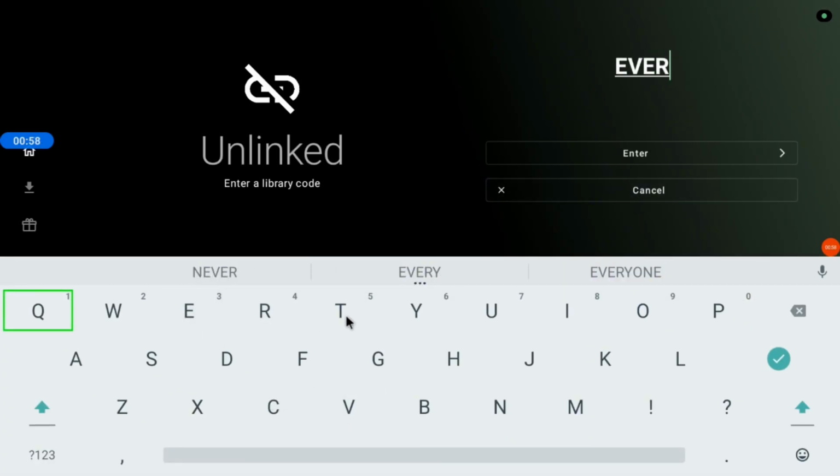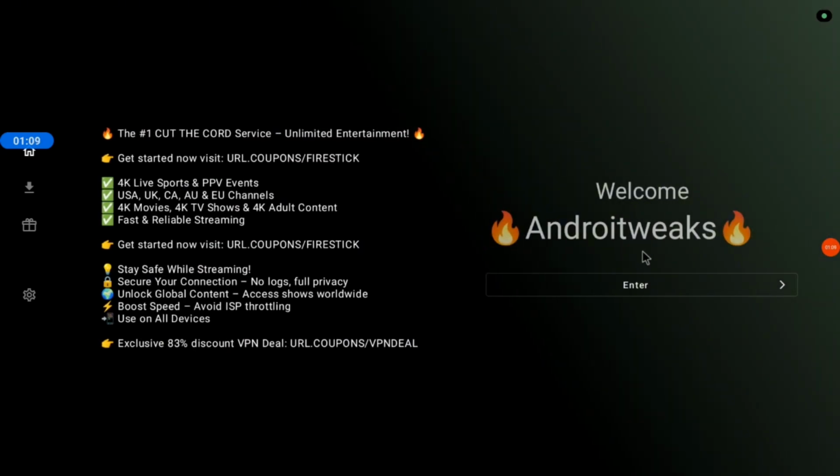everything, no space. Type it exactly as you see, and when you've typed it, hit the enter button. Now when you click enter, you find this welcome page where you hit enter again, and you find these apps